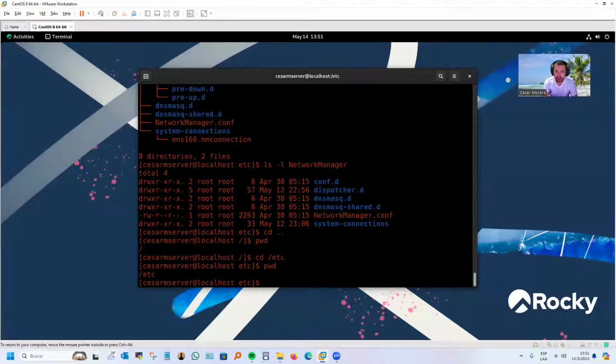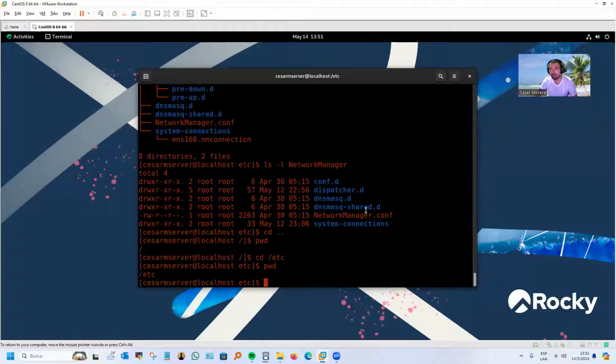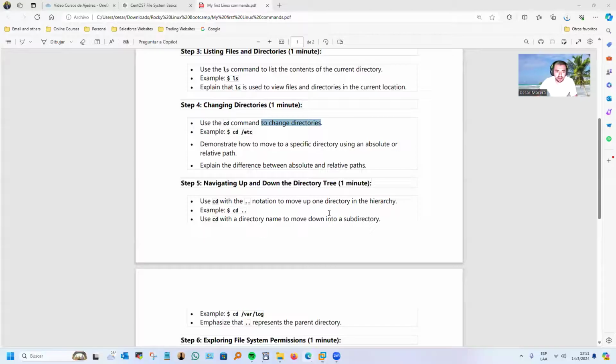So it's very interesting how we become familiarized with the different directories and files and the operating system by itself, the Linux operating system. By the way, this distribution is similar to many other distributions. So if you learn Debian, it is very similar, but we will see some differences between Debian and Rocky Linux. Rocky Linux is more related to commands similar to Red Hat, the famous Red Hat. Let's continue with